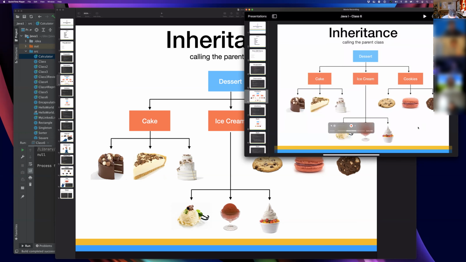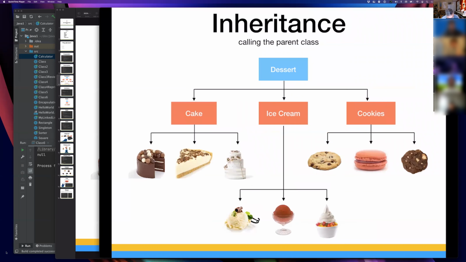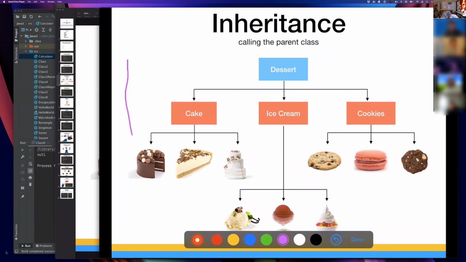On this slide, when we are moving from top to bottom, from here to here,